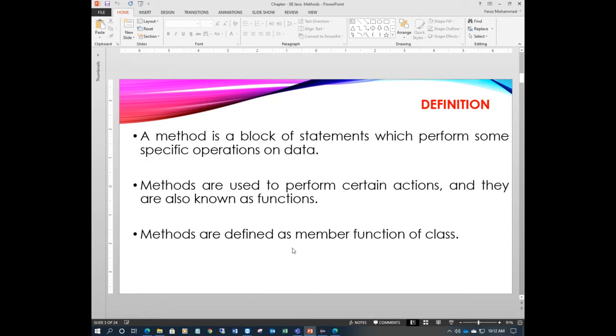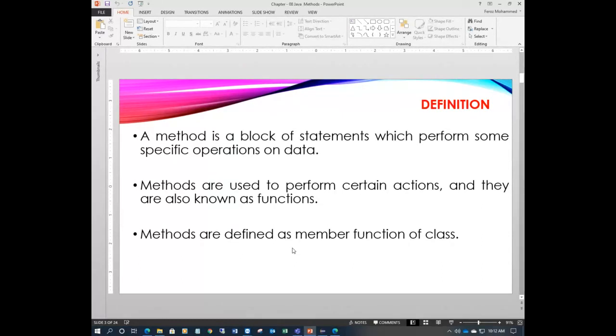So there are some methods which mostly focus on solving problems, like providing a specific service. How? By providing operations on data, by manipulation on data, calculation on data. So that's a method here.